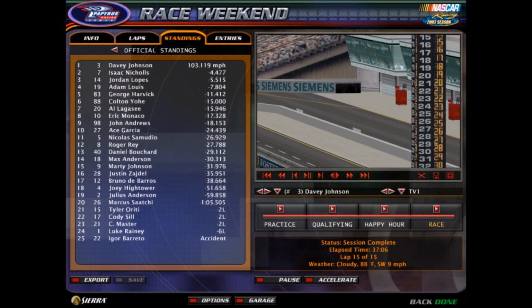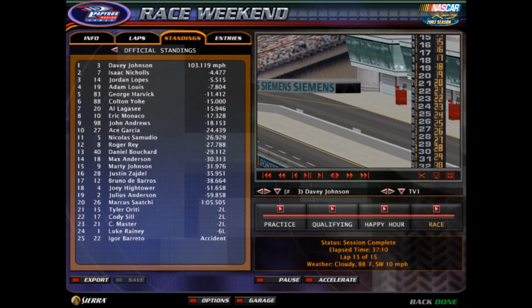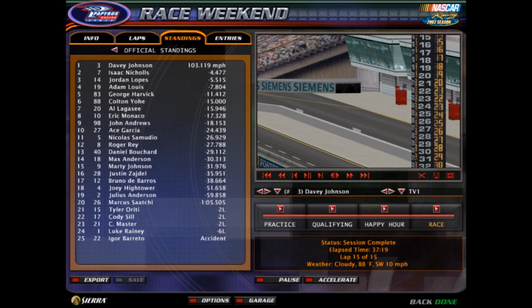So not much of a crossover. Also got Daniel Bouchard as well. Almost forgot about him. And Alexander Rowe, who is the owner of Max Anderson. So we got a few guys, but not too many guys transitioning over to the oval tonight. But still, for those 5 guys, or those 6 guys,